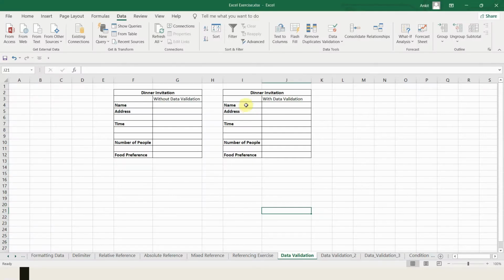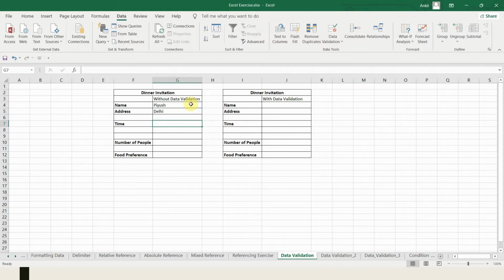Okay, this one is a dinner invitation in which we will not use data validation, and this is a dinner invitation in which we will use data validation. Suppose the name of the person who is coming to the party is Piyush, the address from where they are coming, like they are coming from Delhi, and timing, what time they want the party to start, or what is their preference for coming to the party.